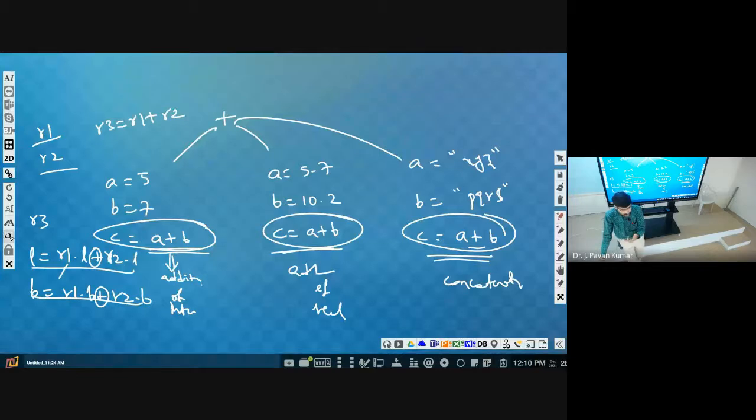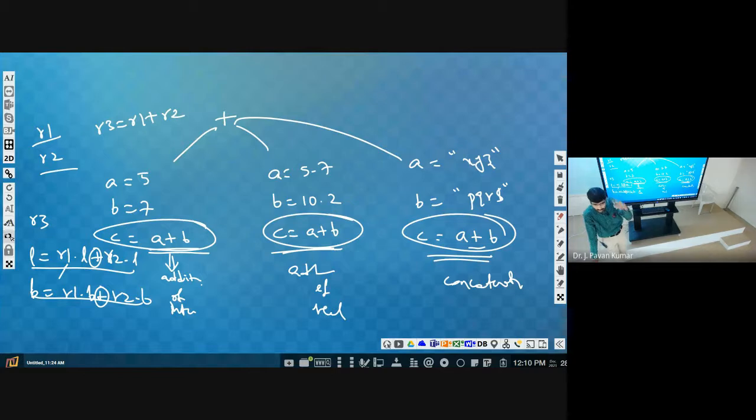Similarly, here the plus operator has some functionality. The plus operator can be used between integers, between float values, and between strings. But can we use this plus operator between objects? It is not defined, so we cannot use it. Understand? So our intention is to use it like this.